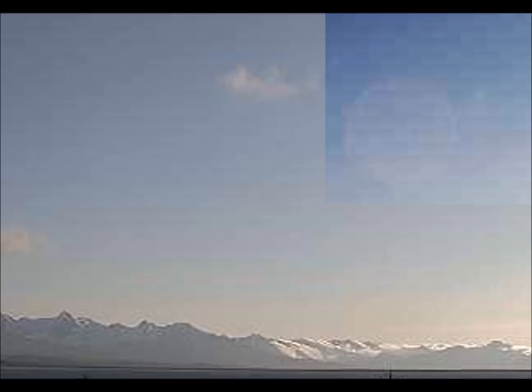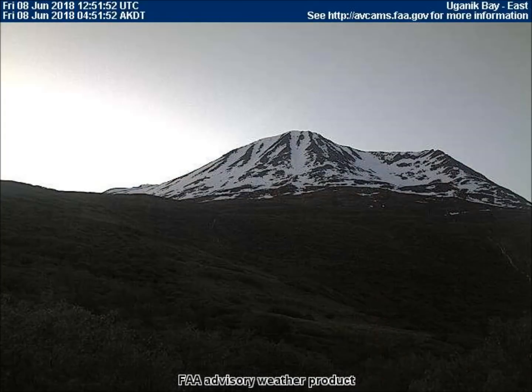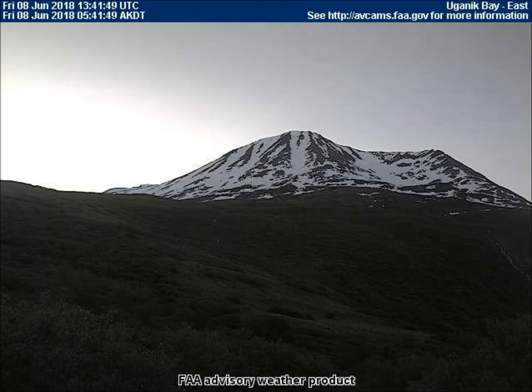I hate to state the obvious, but once again, junior high science tells us this cannot be a lens flare because it has obvious craters, is rotating much faster than both the Earth and the Sun, and is traveling independently of the Sun. The east-facing weathercam in Uganik Bay shows the sun flashing early in the morning, starting at 4:11